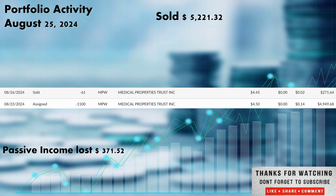Now we'll get into the sale, right? MPW, I've been talking about it for a little bit since they cut the dividend. I did run a wheel on this, or run some options on this. They were assigned on Friday, last Friday, not this Friday. And then I sold out of the 61 shares that were not part of these covered calls that we sold options on that were called away. So we retrieved $5,221.32 in capital from the sale, from the assignment of the covered call, as well as the sale of the other 61 shares. And the passive income total from the loss here of MPW out of the portfolio now cost us